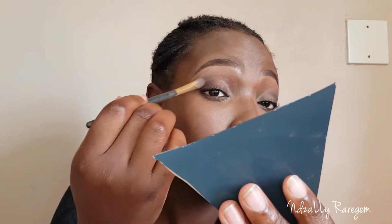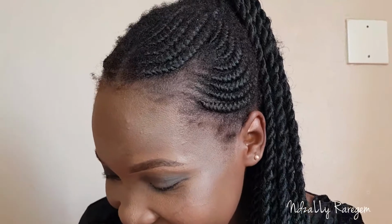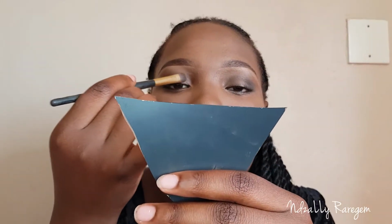Oh my word. I'm just gonna blend. Oh my word. And guys, I don't want to complicate things. I'm gonna be going in with this brown shade here, and one dip also. This is how our grannies used to do their eyeshadows back then. Maybe mine is bad. I'm gonna be using this to just do